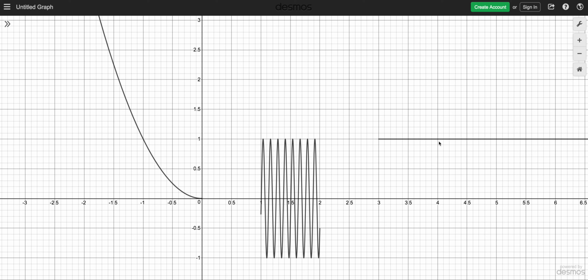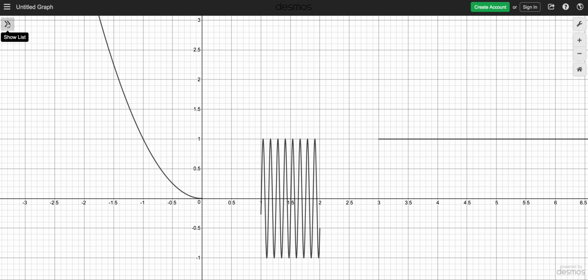So 4 is definitely allowed, 3 looks to be allowed. Any number in this range from 1 to 2 is going to be allowed, but things like 1/2, things like 0.7, things like 0.1, those aren't going to be in the domain, nor are things like 2.5 or 2.2. So just by looking at the graph, again, when we're talking about domain, we're looking for the x values that